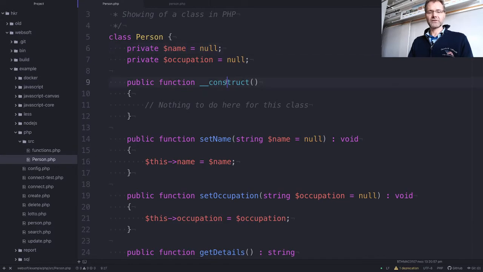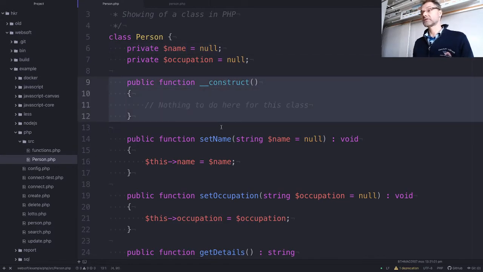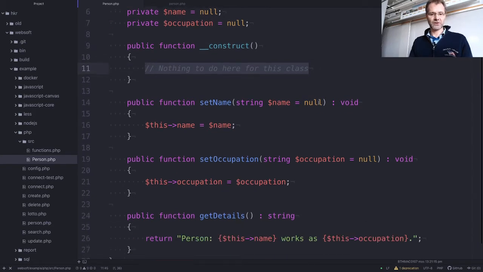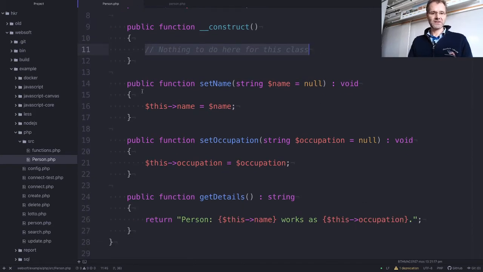There is a constructor. Looks like this in this language. So it's a constructor. We always have destructors, but we rarely use the destructors. We don't need to. So we have a constructor, but it doesn't do anything currently, just to show it off. And then we have this public function, name of it, argument sent in,